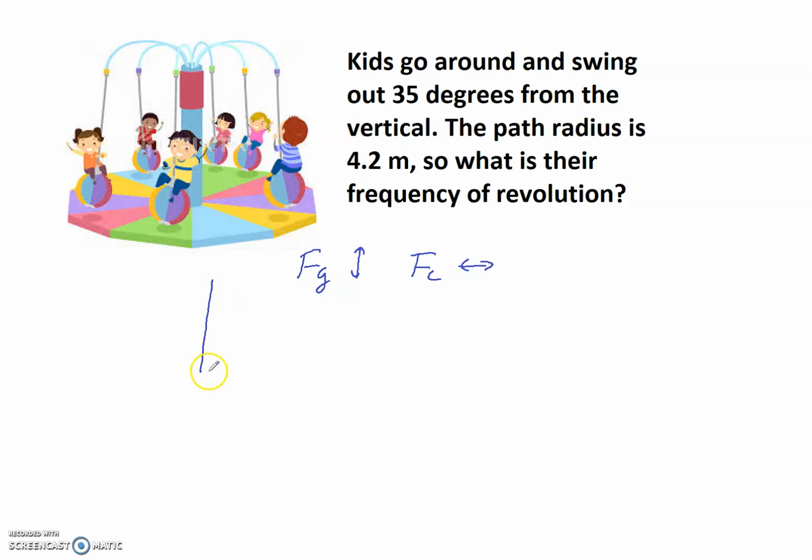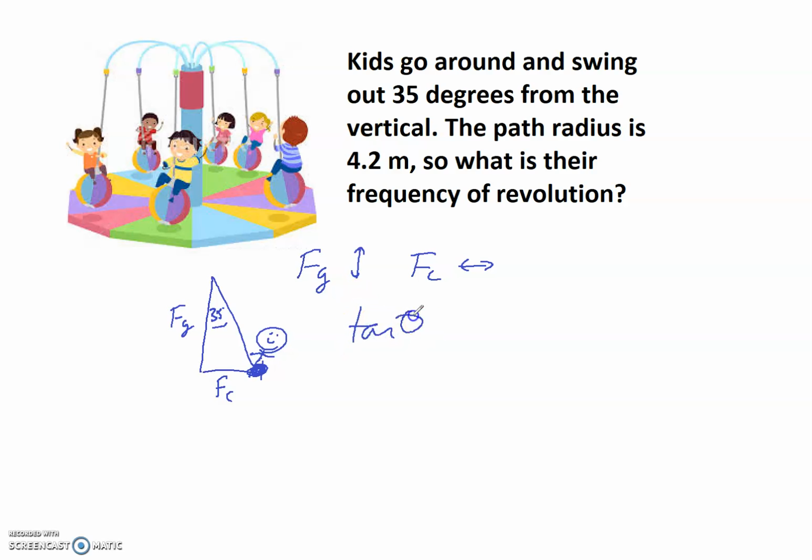We would have a triangle, something like this, where this is one of the kids sitting on the ball, and the angle is 35 degrees from the vertical. We have our two forces. We've got the Fg, which is vertical, and the Fc, which is horizontal, and those two forces are creating the angle. So obviously we need to use some trig to tie them together, and since the 35 is here, that would be the opposite, that would be adjacent, so it makes sense to try and use tan